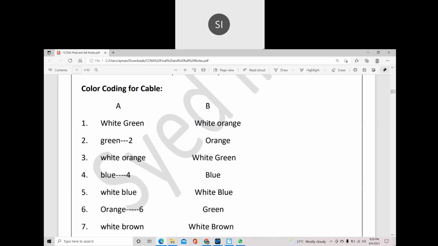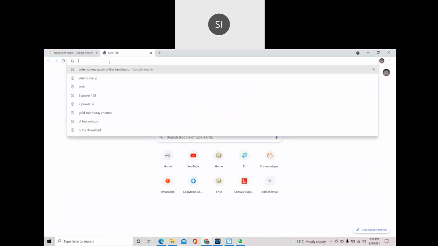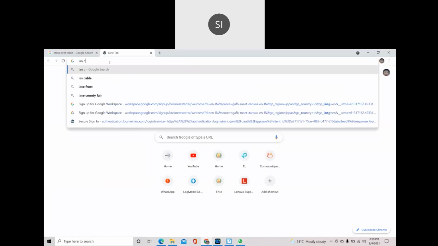So this is a cable, and this is a color coding. I'm just putting the order-wise color coding. In the LAN cable, I said there are eight copper wires. These are the copper wire colors. If you look at your LAN cable, you can see this color coding only. At the end of the LAN cable there is an RJ45 connector you are connecting, correct?